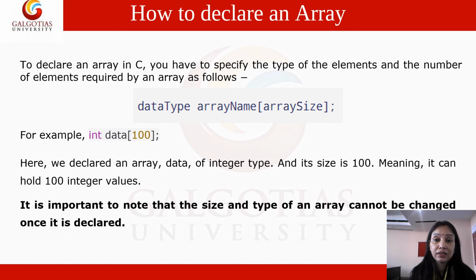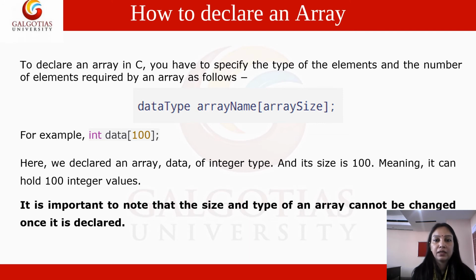But once you declare it, just like a variable, memory location will be occupied for this array. So what is this? Wastage of memory. Unless you have the requirement of 100 elements, you don't declare that size. According to your requirement, you declare the size of an array, right? Otherwise it is a wastage of memory. So better to declare the type and size of an array according to the need of your program. Okay, I hope it is clear, because it is very similar to the declaration of a variable,